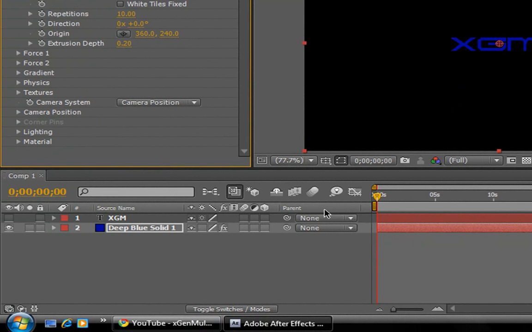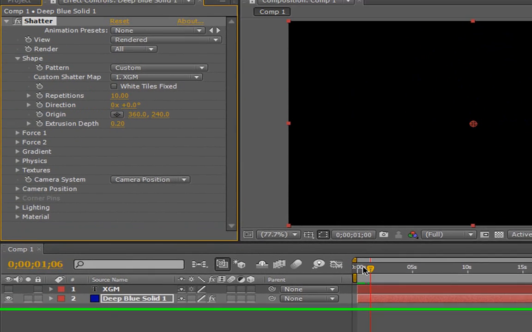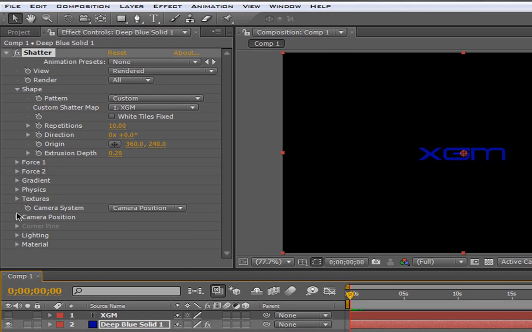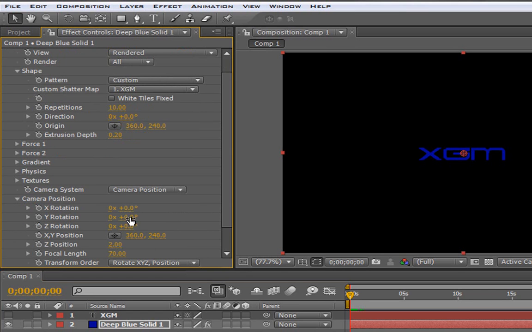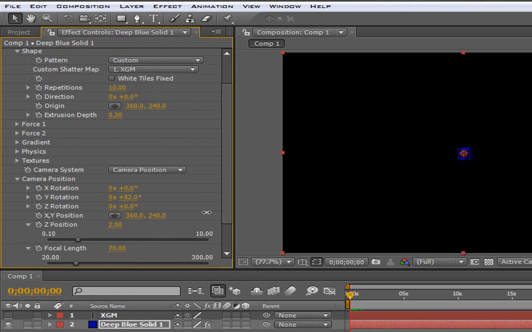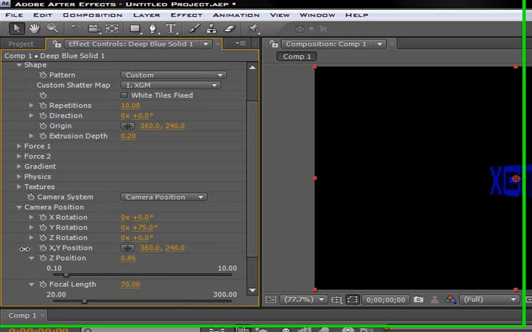Now from here, as you can see, it shatters just randomly off. And as you can see, as it's shattering, the letters are 3D. So I'll just show that in a different perspective. Just go into camera rotation, Y rotation, and change this. This will spin it around, and as you can see, the text is 3D. I'll just change the Z position down a bit. Bring it a little bit closer in. As you can see there,